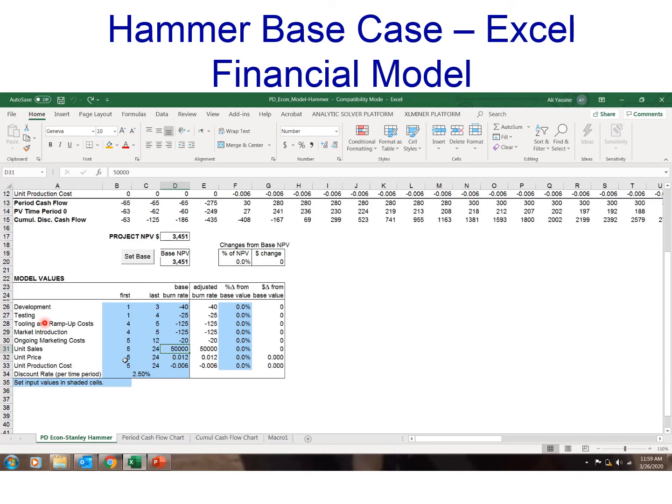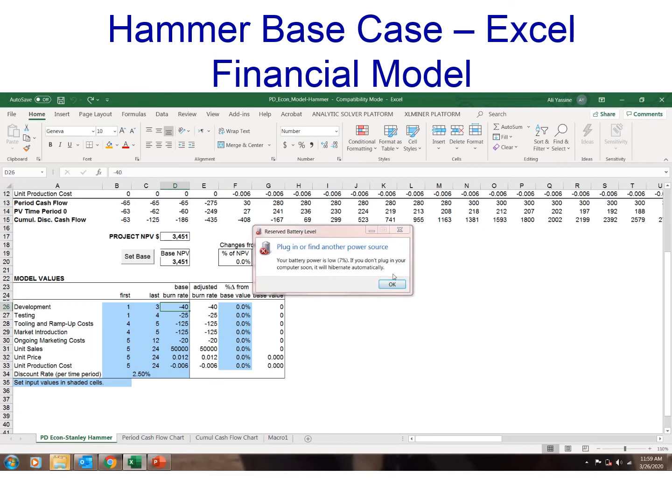Unit price: again, you're going to make revenues on the same time scale or period that you are selling the product. And you're selling it for 0.012. Obviously, it's positive because you're making money. That's cash inflow, and that's in thousands of dollars. So that's why it's 0.012. So it's really $12, but it's in thousands of dollars because all these other quantities are in thousands. Because this originally was 40,000, and here it's 40 only,